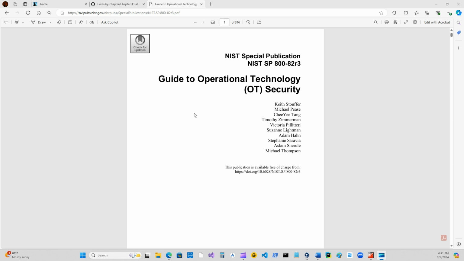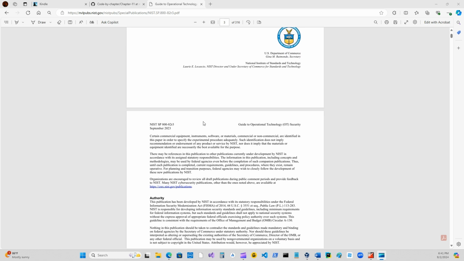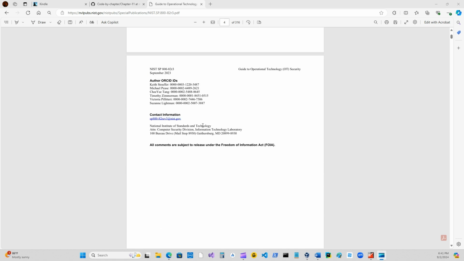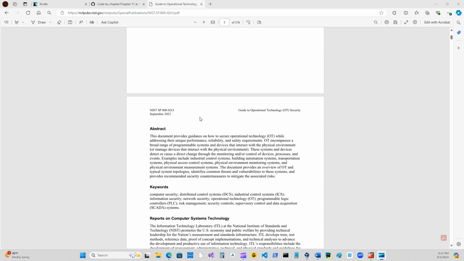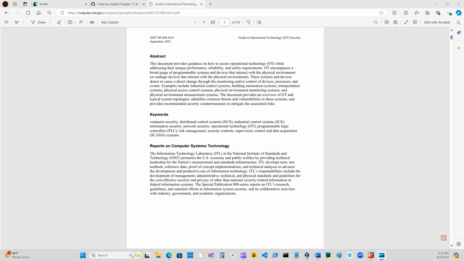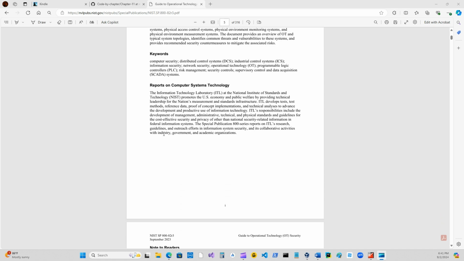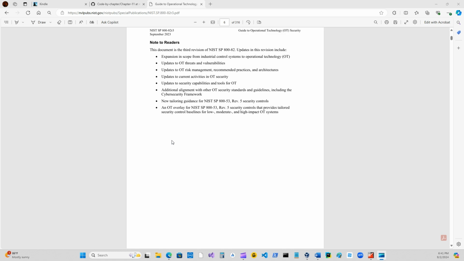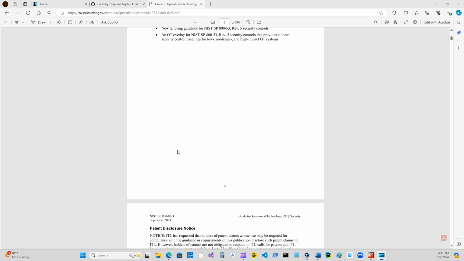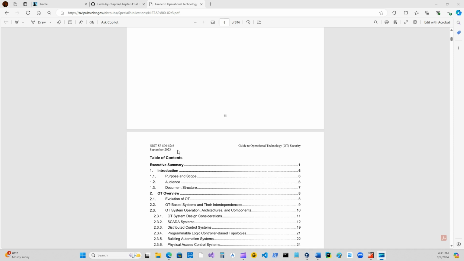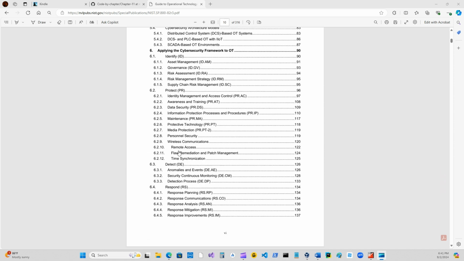And this is an awesome reference, NIST 800-82 R3, and I've been reading this. I'm not going to go through and read this for a video. I just wanted to make a quick little 30-minute video on resources. This is so great that once you start reading it, I've been reading it just like a damn novel. I love it. You go through this, and step by step it tells you,